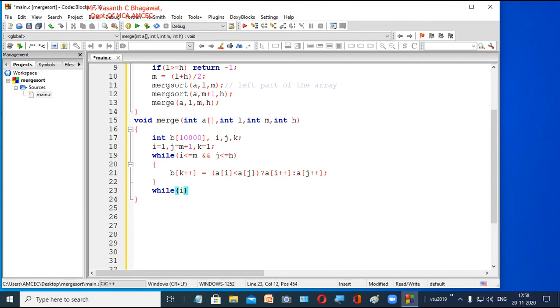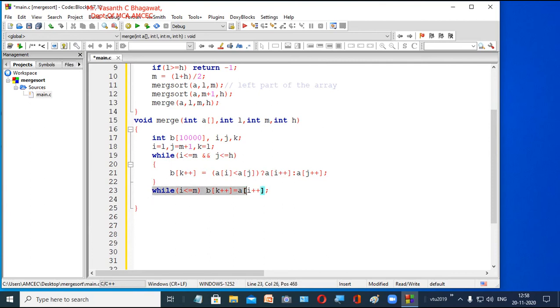So if there are some elements left in the left part, which is what i is talking about, copy all those elements into b. We will say b of k plus plus is equal to a of i plus plus. So this is copying from the left side.